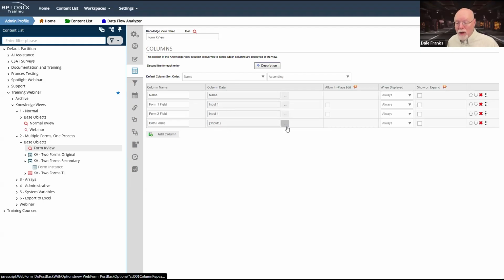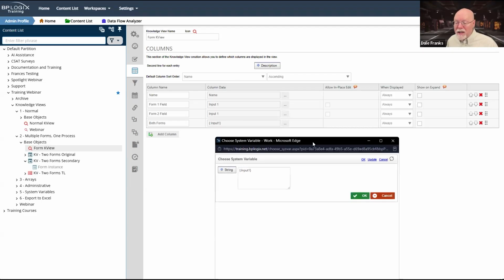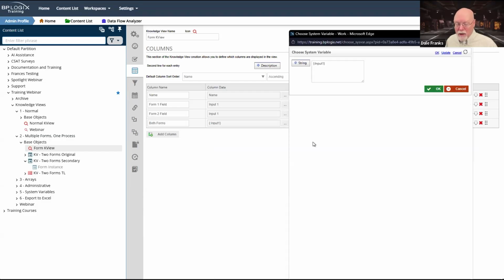So that's relatively easy to do because this method doesn't care about GUIDs. What it's going to do here is text matching. So whenever the form instance is returned, it's going to go to the both forms column and it's going to say, oh, you're looking for a form field named input1.